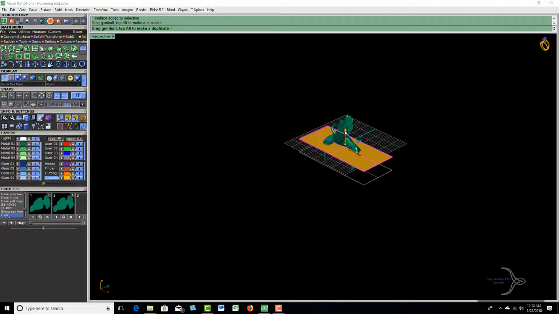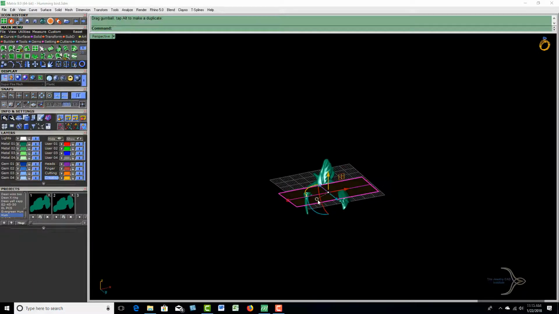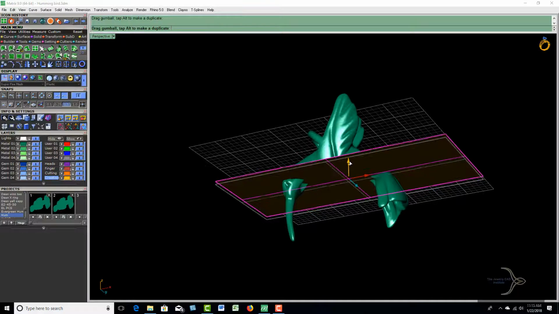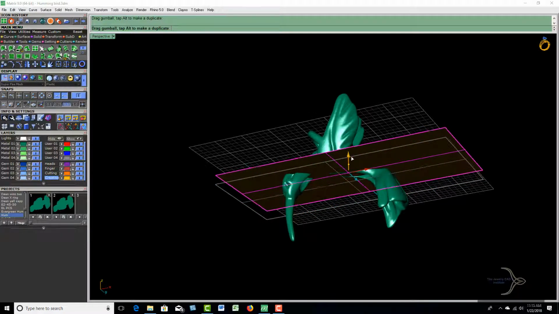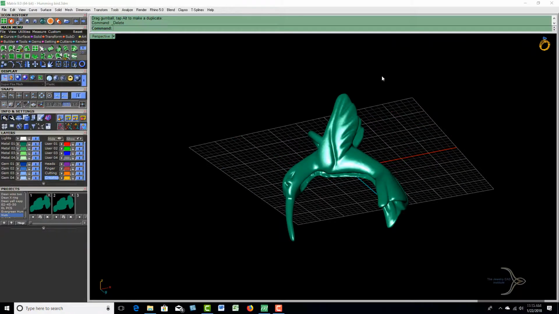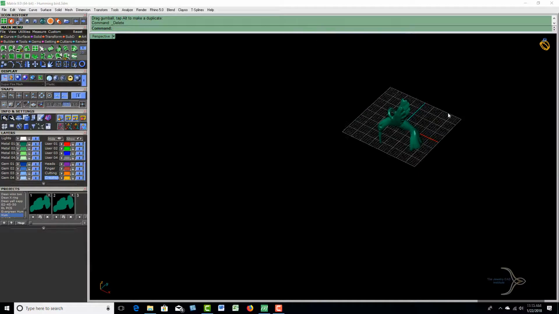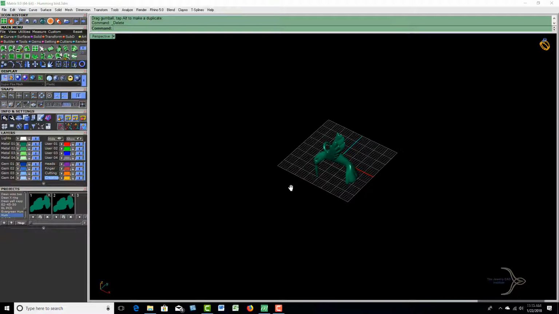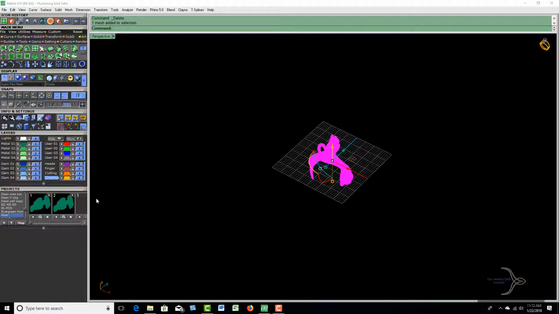Okay, and then from there you'd start supporting all the way up, and anything that pokes through that plane needs to be supported. Okay, all right, so let's get rid of the plane, and I've already got this at 100%. I'm just going to put it in here,